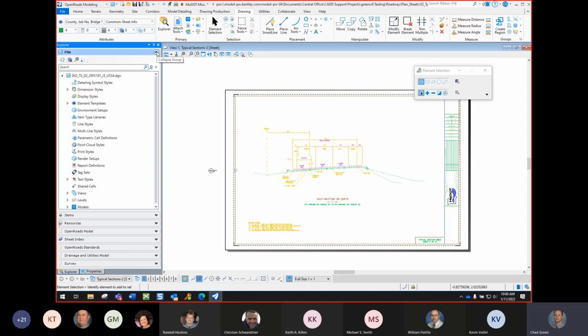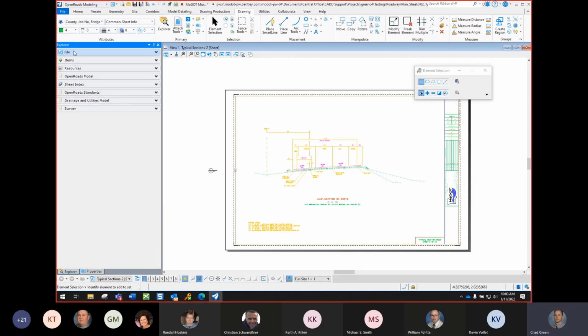And I'm going to truncate or collapse the file option. You've got some different options through here that you can explore, whether it's the file or items or resources or whatnot, depending on which mode you're working with. But the one that we're going to talk about for the next few minutes is the sheet index. So if I expand that out,